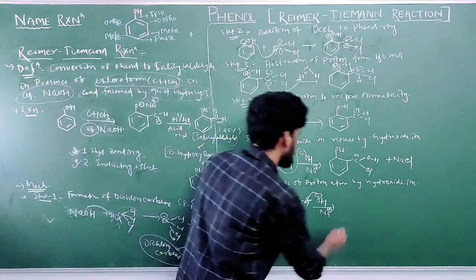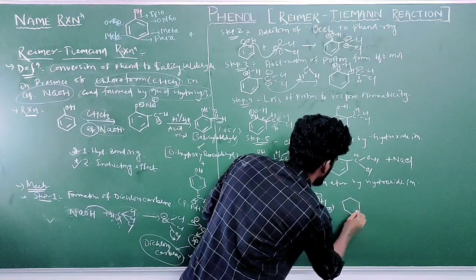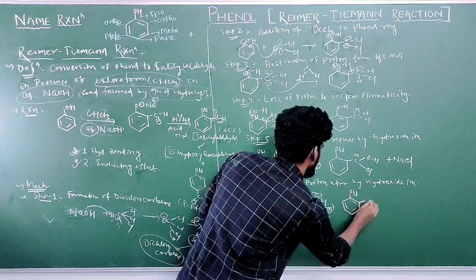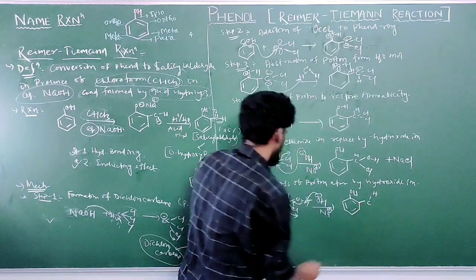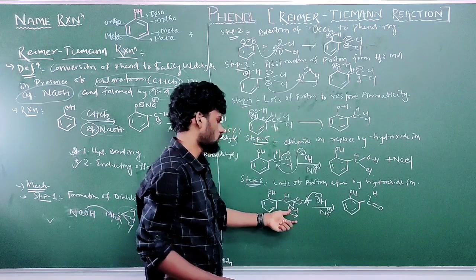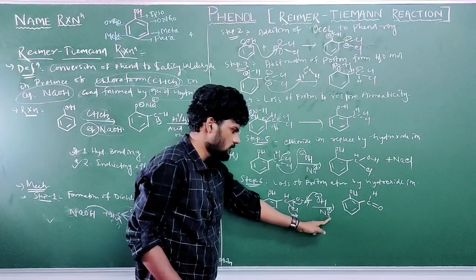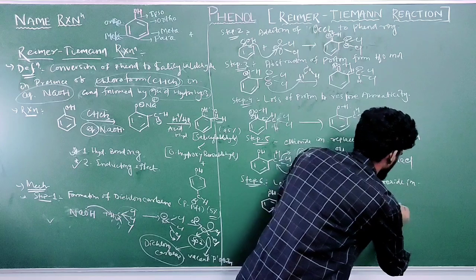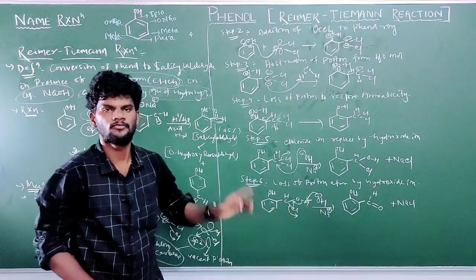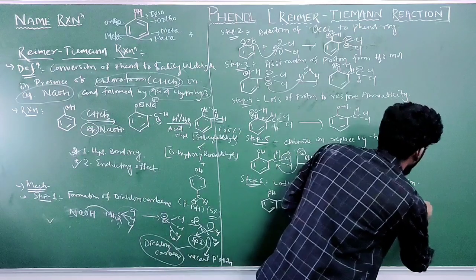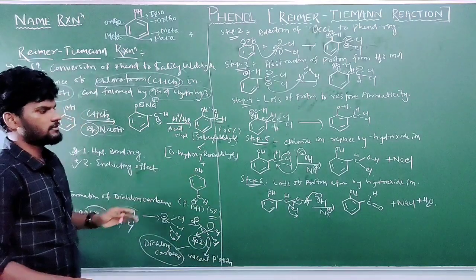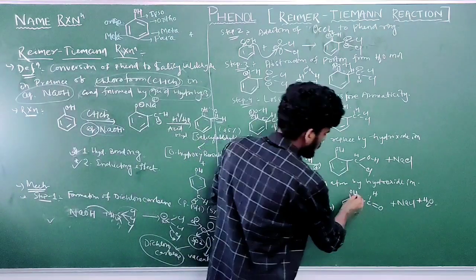So what is it forming now? It is forming OH and here CH, C double bond O, and the chloride ion released binds with Na plus to form NaCl. OH minus takes the hydrogen to form water, charge balanced. This is step 6. In step 6 we got our product.